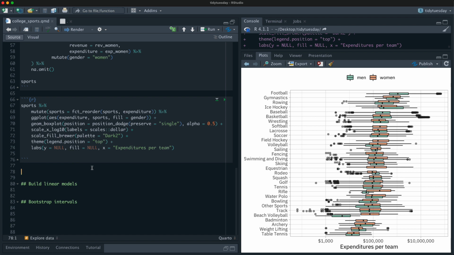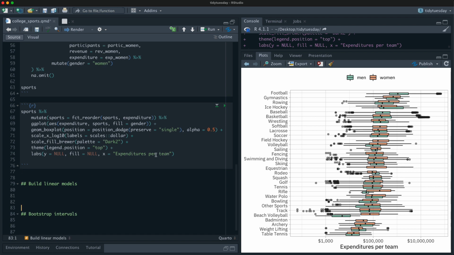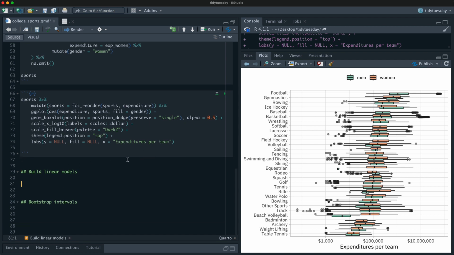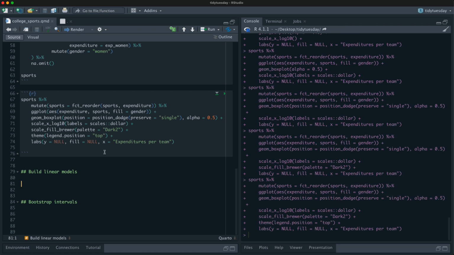Okay, so now let's go into some modeling. So instead of trying to accurately predict something, like taking a predictive approach to this, what we're going to do is talk about how you can use tidy tools, how you can use tidymodels, to understand model coefficients. So first, let's just build some really straightforward models using lm. So this is like native R models.